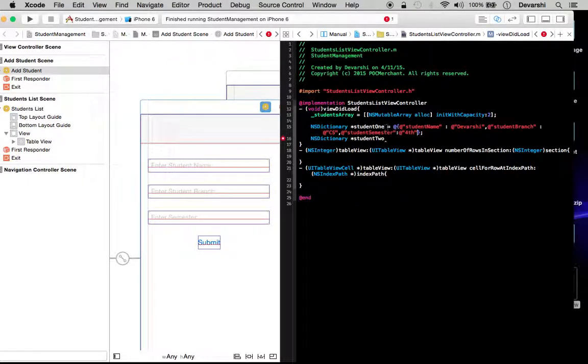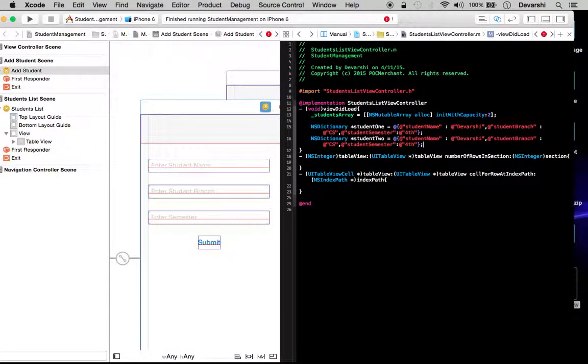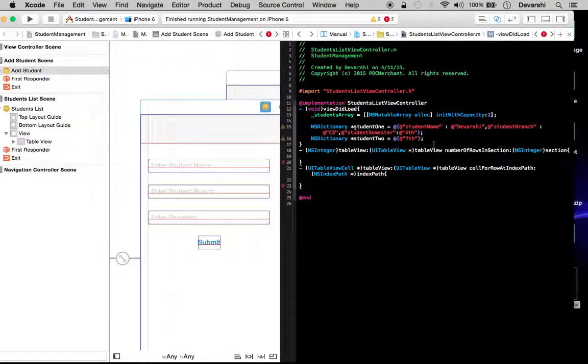Like this we will add data to our second dictionary. In this case I will change the student name to Rahul, the student branch maybe to IT, and the student semester to 7th.